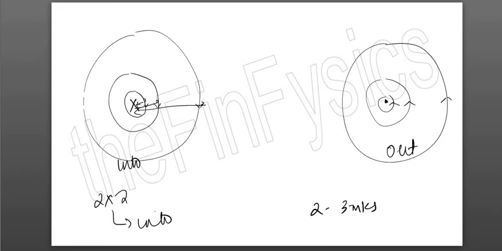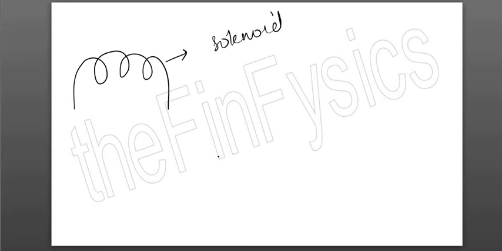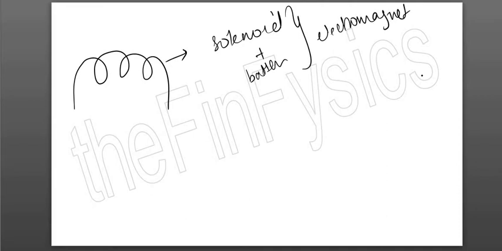So this was using a straight current carrying conductor. You will see that the magnetic field strength is very weak, or the wire behaves like a very weak magnet. So to increase the strength, we coil the conductor. This coil structure is known as a solenoid. And when you connect it to an electrical source, which means a battery, this entire structure is known as an electromagnet. So this is a solenoid, this becomes an electromagnet.